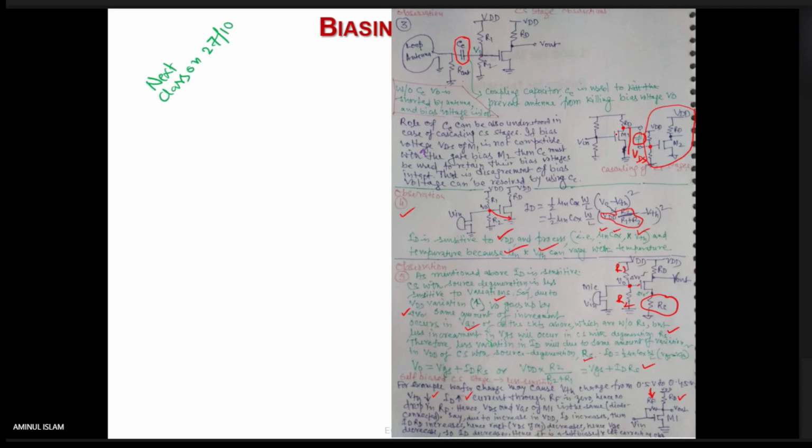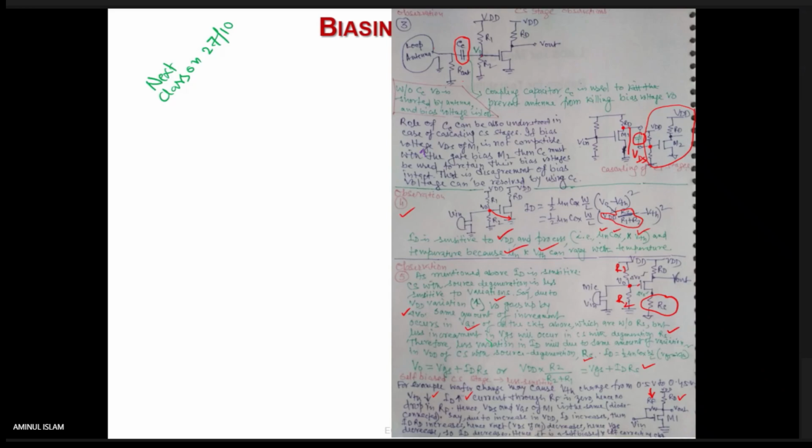And for that, whatever VDS or output voltage is here may not be compatible with the input bias voltage here. In that case, you cannot directly couple it. To maintain the respective bias voltage, you have to use a CC or coupling capacitor as has been shown here. Is it clear? Shashank, Prajwal? Yes, sir, it is clear.